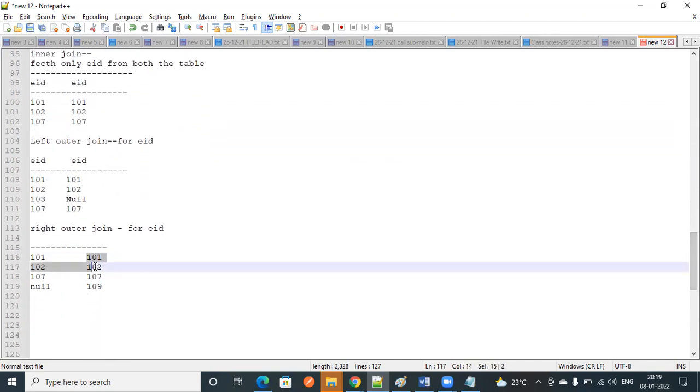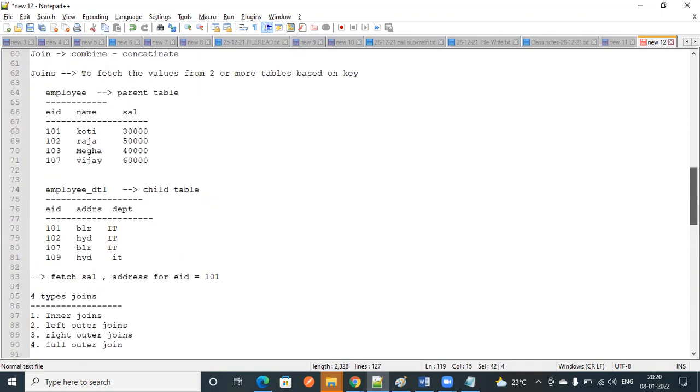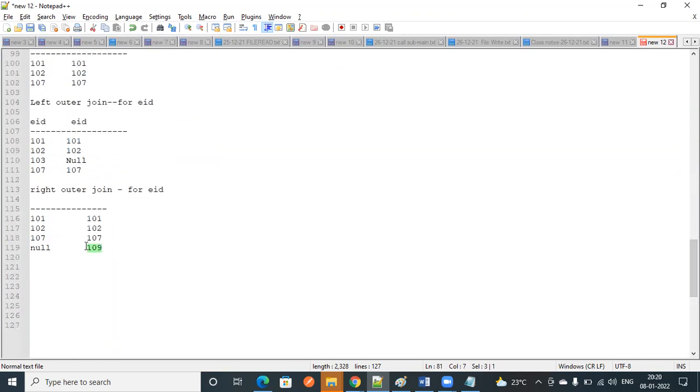Then it will go to the first table and look. 101 is present. Take it. 102, yes, it's present. Take it. 107, yes, it's present. Take it. 109, it's not present. Update it as null. Okay. This is the theory.